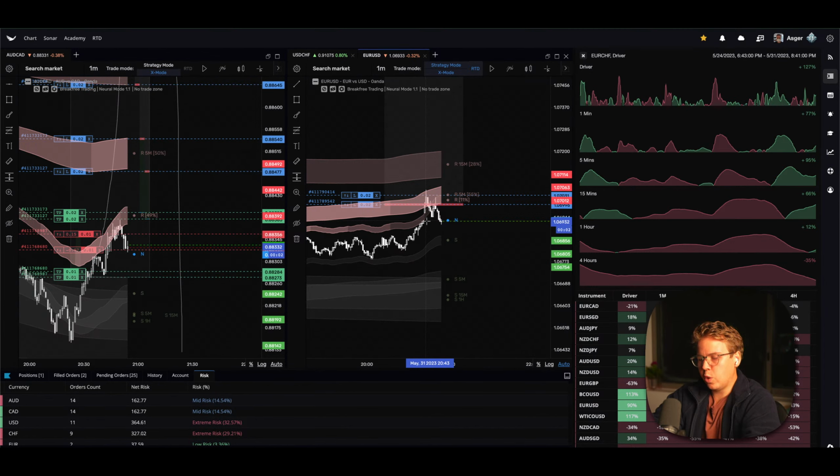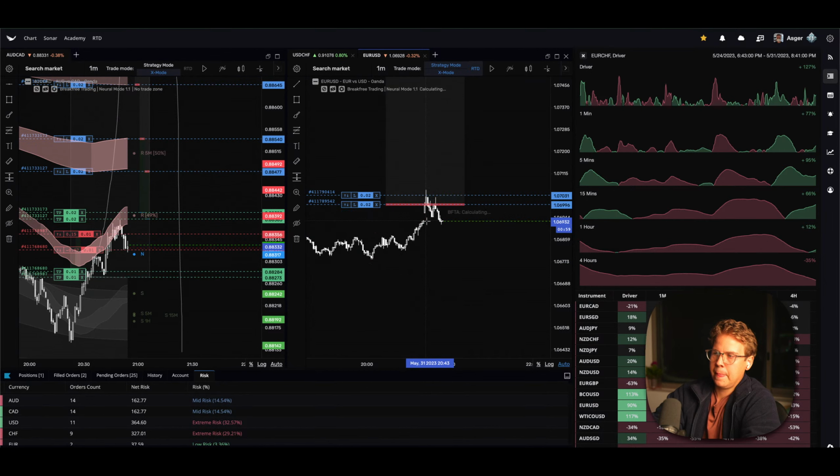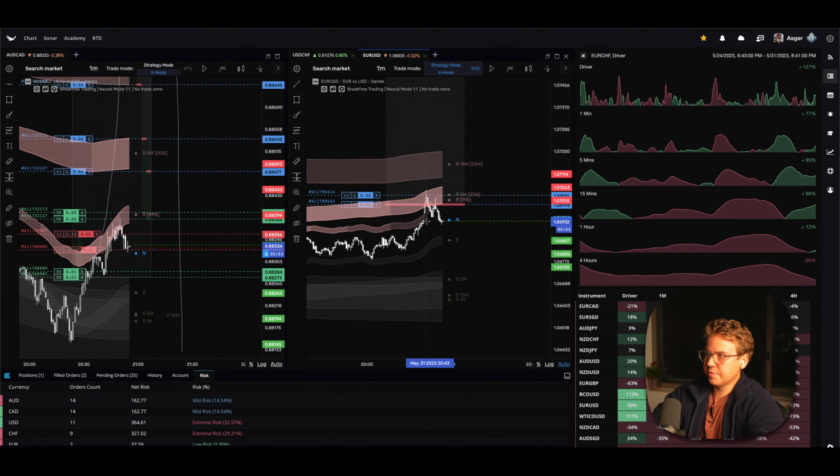What is really helpful with the bot is its ability to execute a trailing stop, a trailing take profit stop, I think it's called. It just means the bot can get out of trades very quickly when the market starts to move against it, right? So if we are in profit right now on AUD CAD, and we have a minimum take profit value of, let's say, 0.1% or whatever the value is,